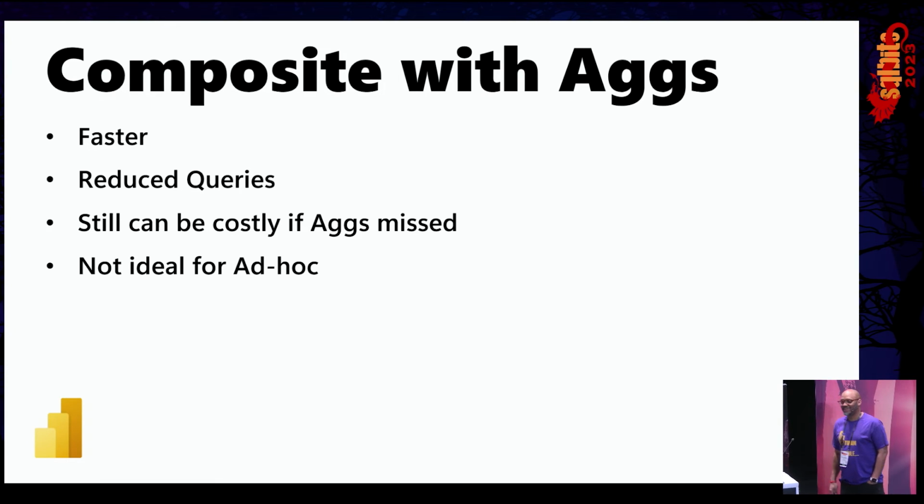So we have this thing called auto Aggs. If you create a model and publish it out, and it has to be a premium workspace, you can tell it, hey, optimize this for me. There's a little slider bar. I want 50. So first you define your user Aggs, to cover hopefully a portion of the queries that are going to your model. Then you turn on auto Aggs and you say cover the other 50%.